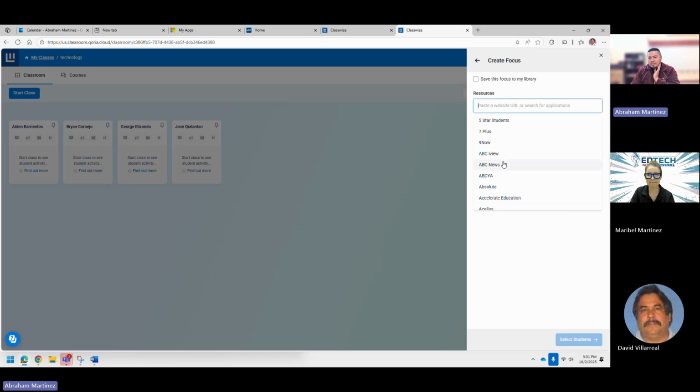They have different websites that you can click from here. Those are the allowable ones. Or you can just copy that URL and paste it in this space right here. So once you type that in,